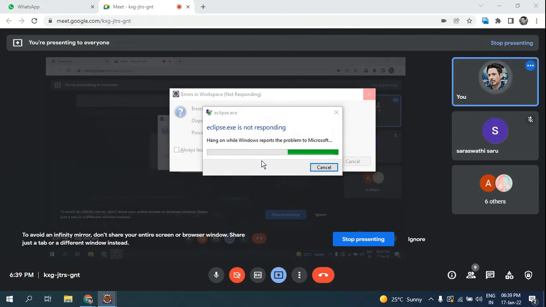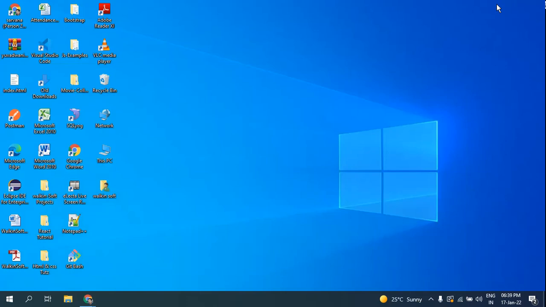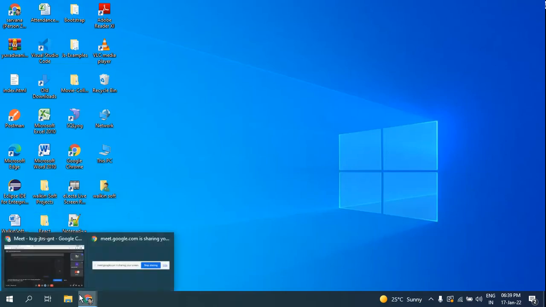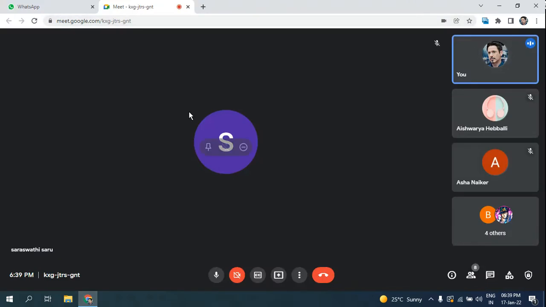I'll just close the program and I'll open the application. So no need to exit from the session. I'll show the inheritance examples completely. Once the inheritance concept has been cleared, then I will end the session. I'll just stop sharing, but stay in the session, guys. I will open the Eclipse again.